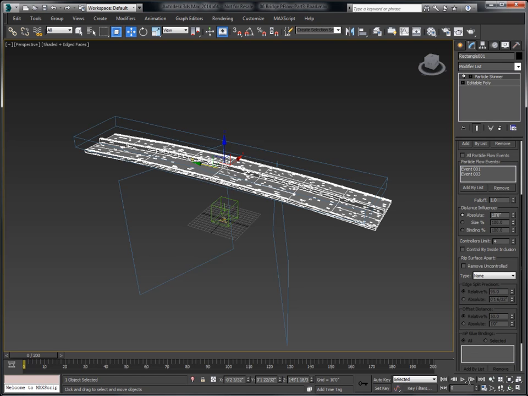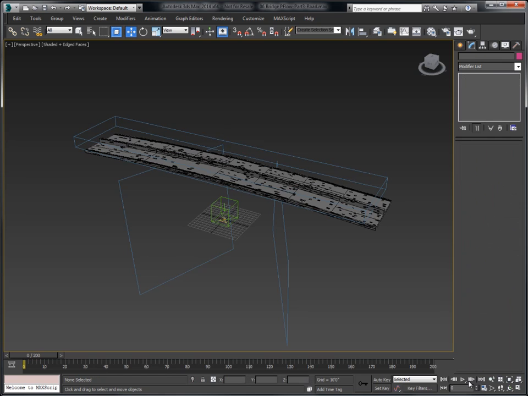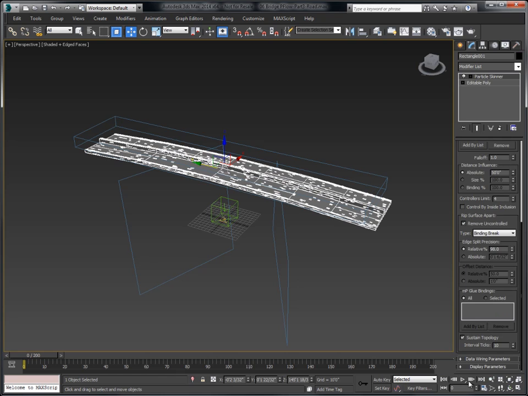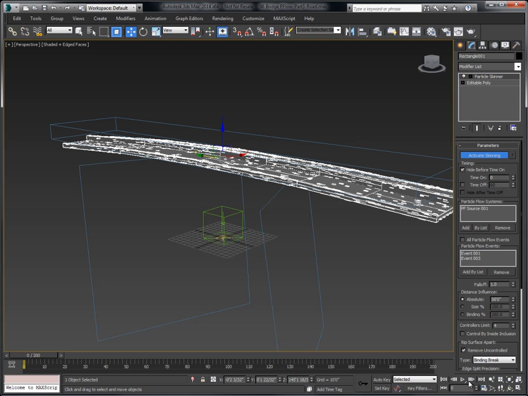Distance of influence, let's say again something like 50. And we want to rip the surface apart only when there's a binding break. And for the binding break, we can find a split precision here. I'm going to make it 98%. It's going to be good, but usually the default value gives you good results. So if I activate the skinning, what we're going to get is something like this, where as it starts to animate, oops,